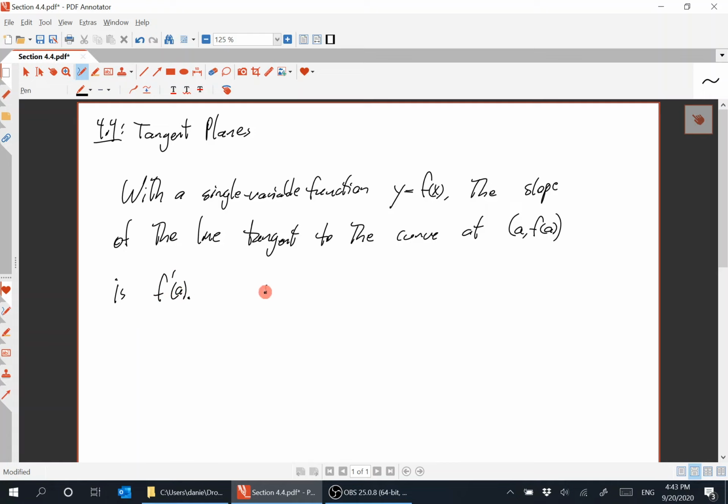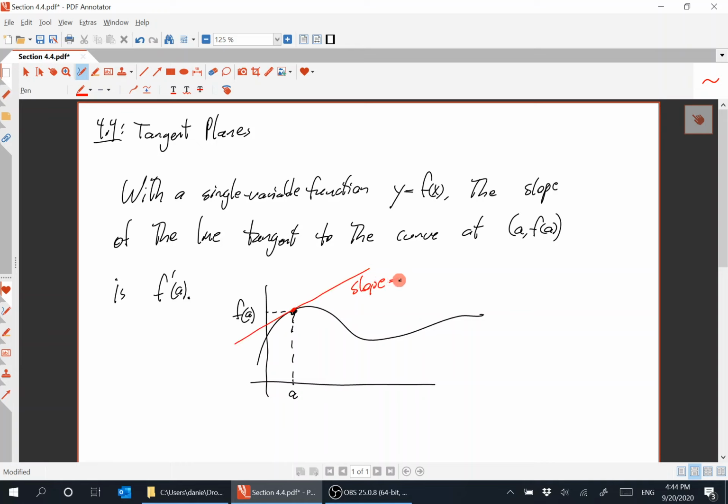So remember this picture from Calc 1. Here's the point A, x equal to a, y equal to f of a, and the slope of this tangent line, the tangent line is right there, and the slope is f prime of a. Now, with the two-variable function,